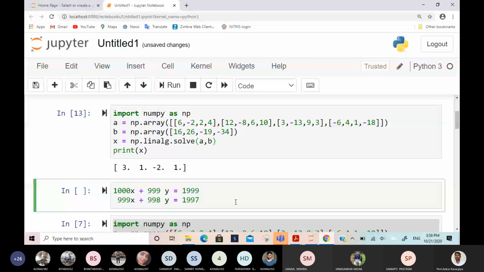This is a simple 2 cross 2 problem. You can even do it by hand computation. You can solve by the linear algebra solve command, and you can find the inverse also. Just take 2-3 minutes and then solve it.